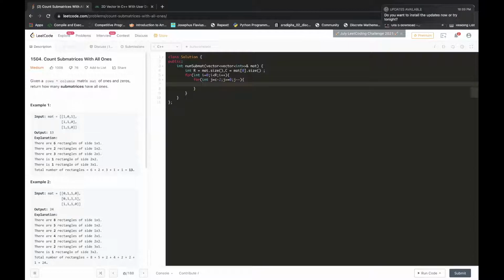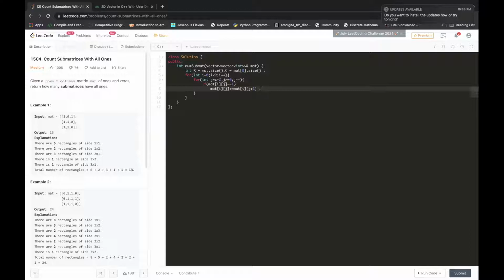Then we will only calculate if the value is equal to 1. If the value at that particular index is equal to 1, then the value at that index is equal to its own value plus the value at that row and the element just after it. This will give you that whole array.